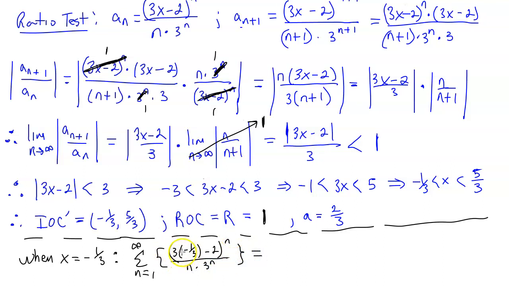And of course, 3 times a -1/3 is just going to give us a -1. -1 minus 2 is a -3. And so that's just going to give us a -3 raised to the n there. And of course, -3 raised to the n can be rewritten as a -1 raised to the n times 3 raised to the n. Okay, so we're going to rewrite this